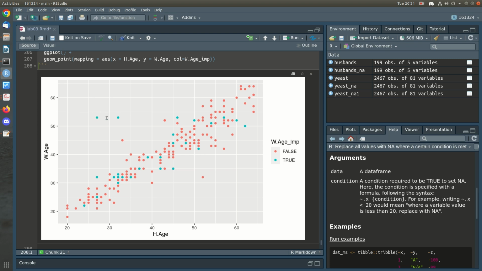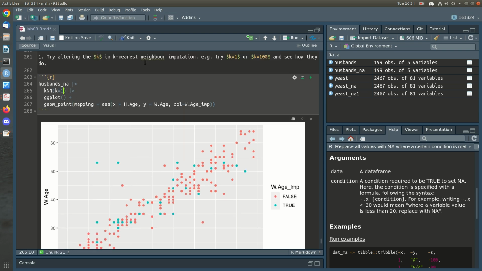You can see that something odd is happening up here with these observations. This is possibly because the observation we've chosen would have had a similar husband's age, but may also have had a similar value on some of the other variables. So we're not using just husband's age here, we're using the other variables as well, and they may be influencing those points. What if we increase k, so say k equals 10,